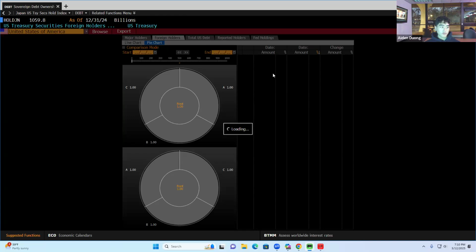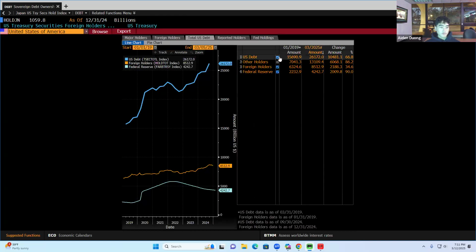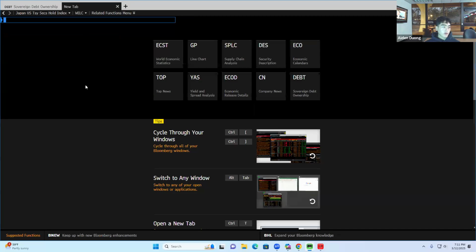It's just a little slow. You have US debt, foreign holders of debt, and then the Federal Reserve. That's just one tool. There's so many different kinds of tools that you can use. If you click on a brand new tab, like any other search engine,